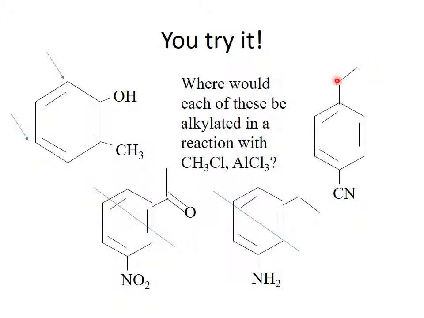But this is an activator, and what you would find is this ring would very slowly undergo Friedel-Crafts alkylation because it is both activated and deactivated. Where would it alkylate? It would alkylate in the ortho